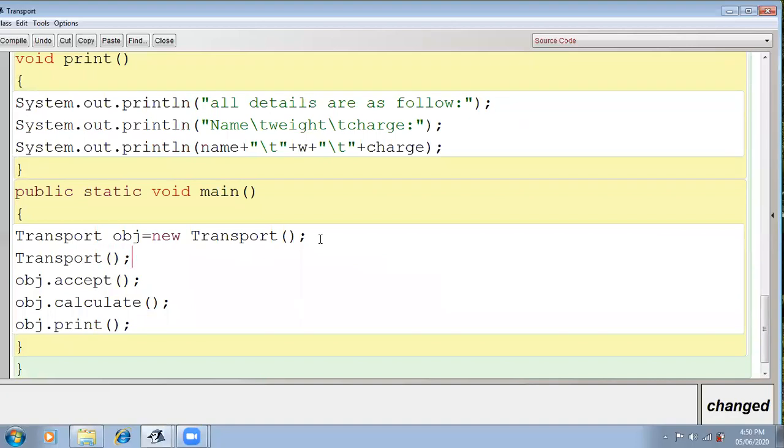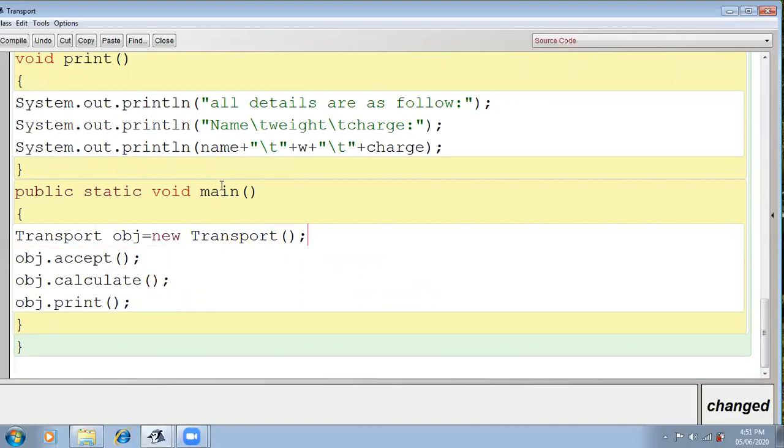No, it is wrong. You will not do obj dot transport. This transport default constructor is called automatically when we are creating the object.